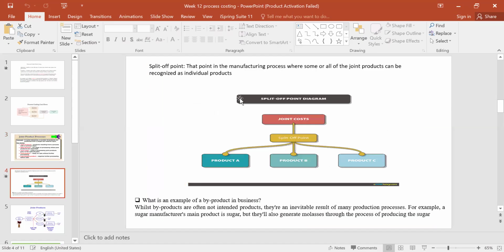Another slide that details this shows this is the joint cost. This is the split-off point. From the split-off point, products are recognized separately, for example product A, product B, product C. For example,